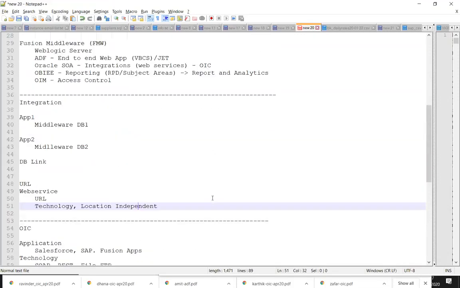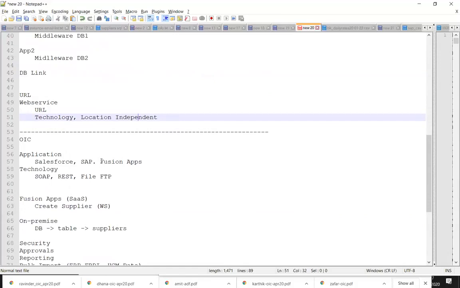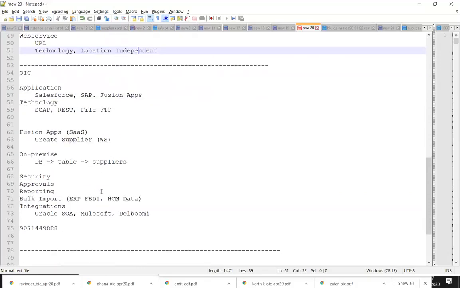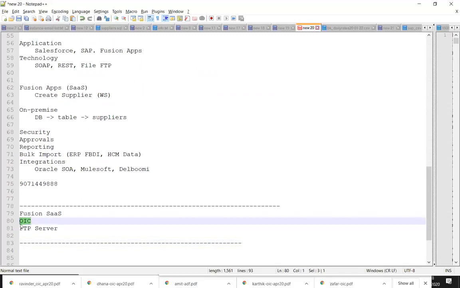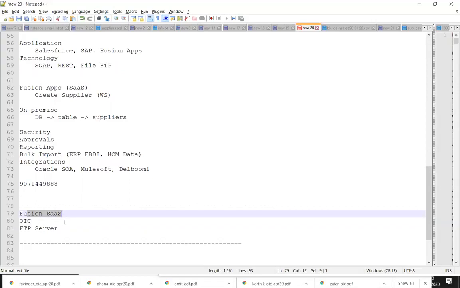Right, so that is just a quick overview of what we discussed in the last overview, or demo, session. We'll take it forward from there. We already talked about what I'll be covering in Fusion applications and Integration Cloud. As part of the training, you'll be getting instance access for Fusion SaaS, and instance access for OIC and also an FTP server. I'll be sharing the details. First we're going to start with Oracle Integration Cloud, and I'll share this when we get to that portion. After that, I'll share the FTP server also in between.